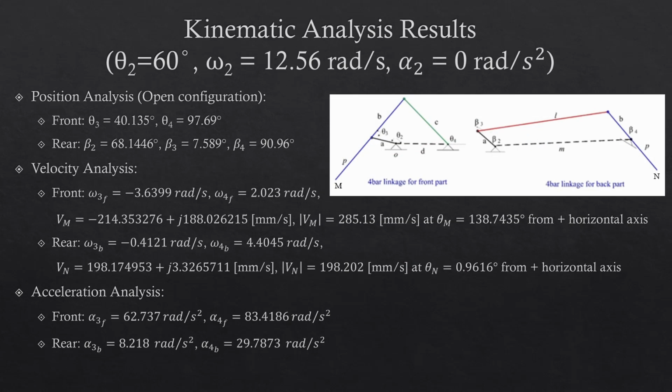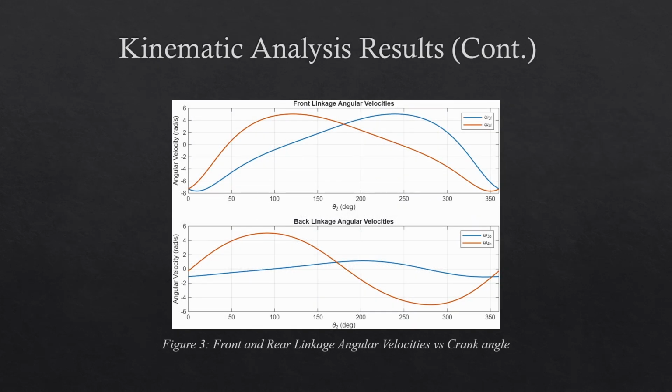For the open configuration system, the position, velocity, and acceleration analysis were calculated based on crank angle θ2 being 60 degrees, ω2 being 12.56 radians per second, and α2 being 0 radians per second squared. Continuing on, the front and rear angular velocities for links 3 and 4 versus the crank angle θ2 are shown, where it can be seen that there are smooth curves only, indicating no sudden accelerations, prolonging the lifespan of the